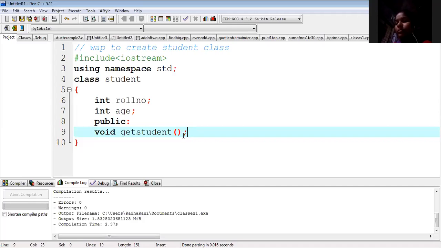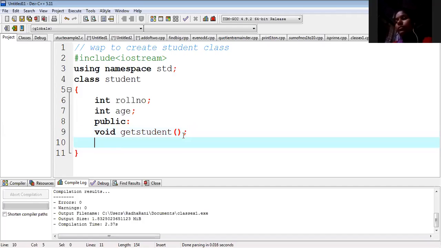Void means the function returns nothing. Void get student and void put student. Put means just output.